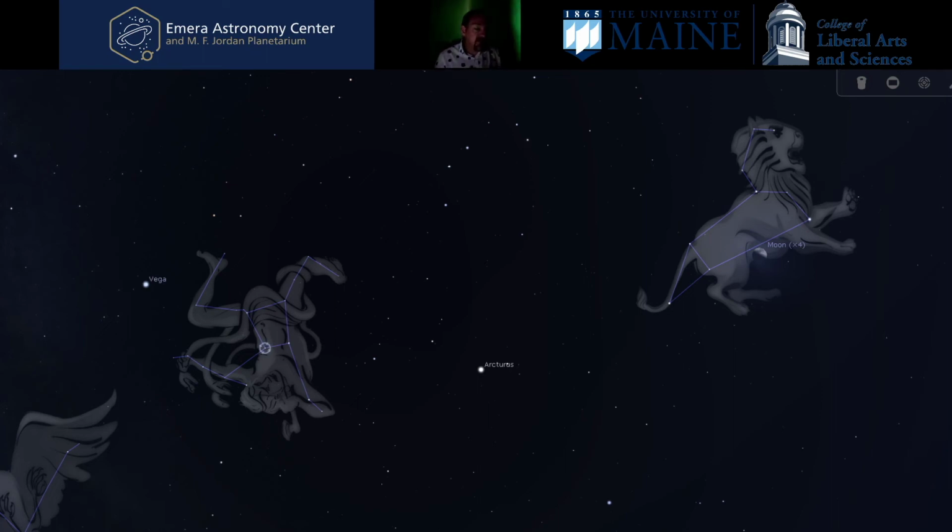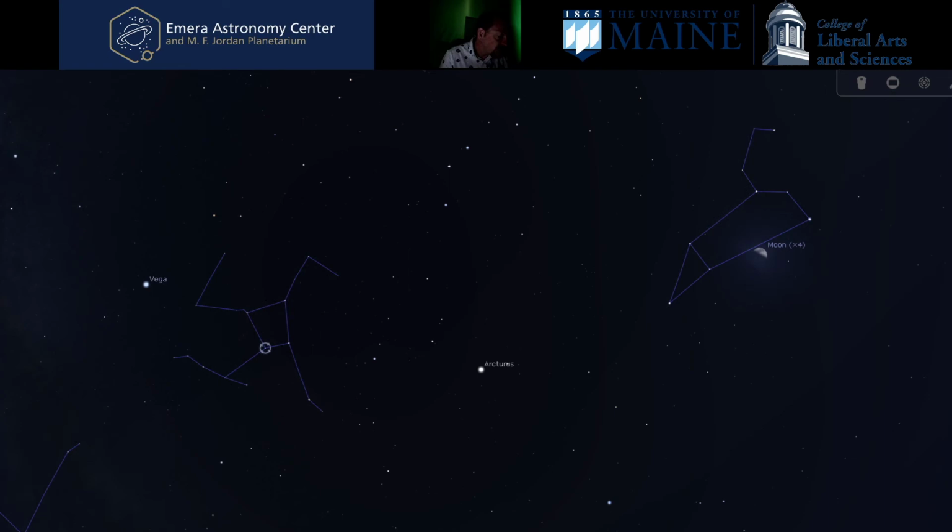Well, Hercules, again, if you can look between Vega and Arcturus, that makes that a little bit easier to see as well. I'm going to take those pictures off for now. And Hercules is a great object to look for if you can spot it in the sky. You will also notice that in Hercules there's a very special object here, sort of underneath one of the shoulders